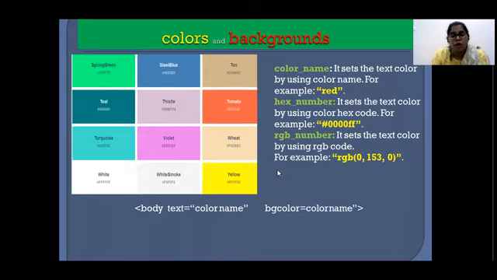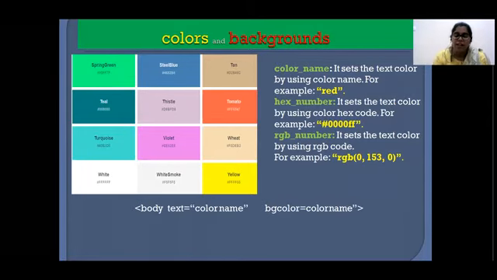The browsers which we currently are using support 140 basic colors which are supported by HTML, and usually if you want to color any text, then you can mention it with the help of a font tag.